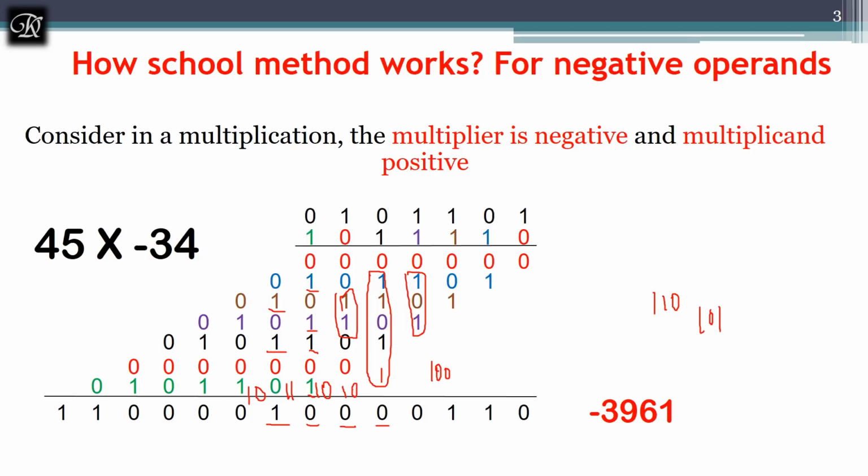Next 1 plus 1 is 2, plus 2 carry, I am getting 4. I am writing 0 here, and carry will be 1 0. Again 1 plus 1 is 2, plus 2 is 4. I am writing 0 here and carry will be 1 0. And out of this carry I am writing 0 here, and this will be a carry to the next stage, because I can represent only one bit in a given time. And now 1 plus the carry from the previous stage, it is 1 0. I am writing 0 here and 1 will be carry here, and 1 I have written as it is because it's added with a 0.